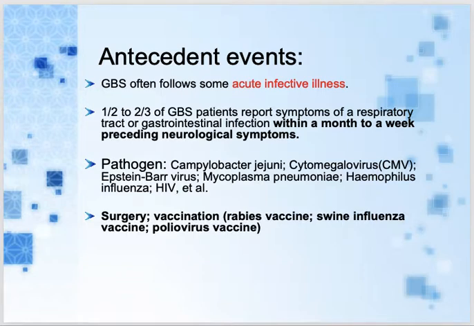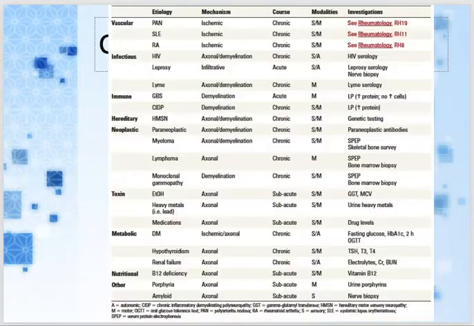So you can say the distal lower limbs and then it ascends upper towards the body. Now, if you can see over here, what I show you here, infections or immune GBS, motor, it is acute, it is demyelinating, and it affects mostly motor fibers, right? So that's a very important point. So now, what's the important thing over here to cover is